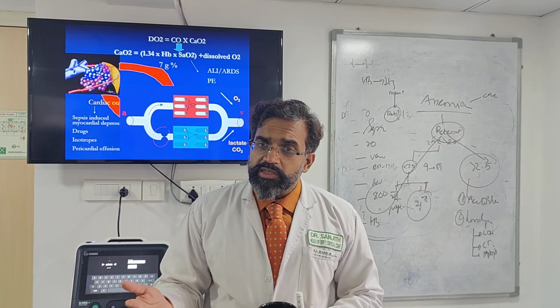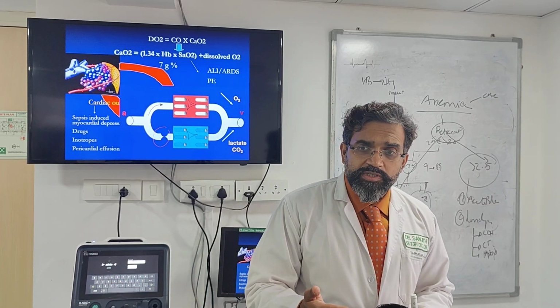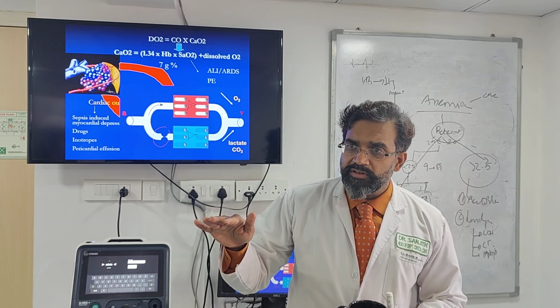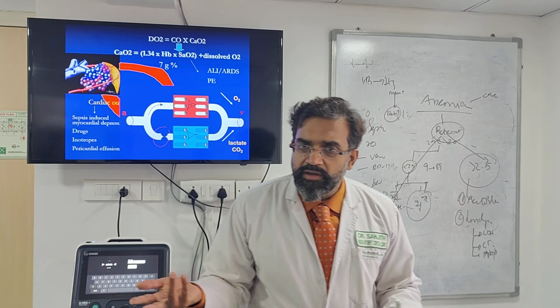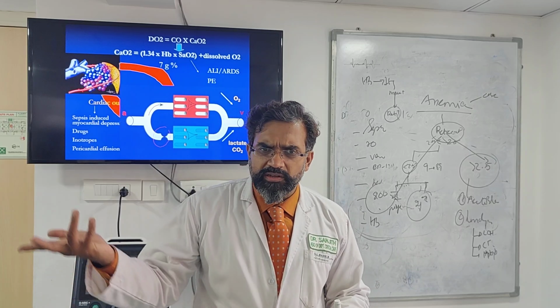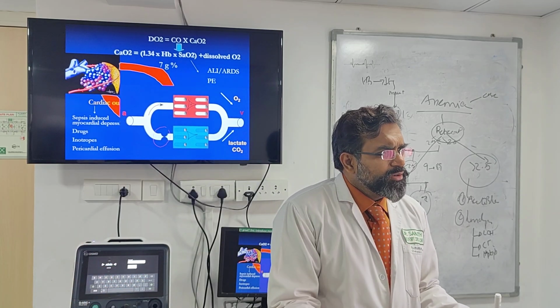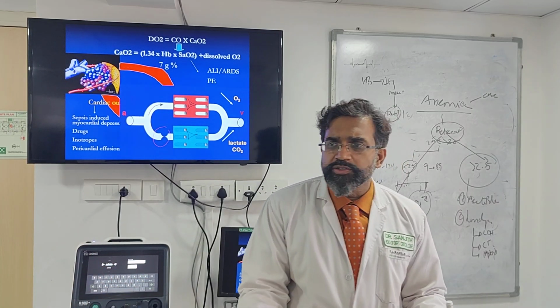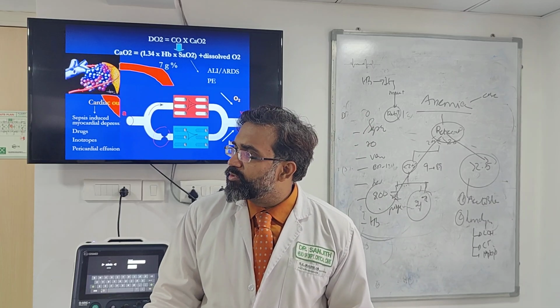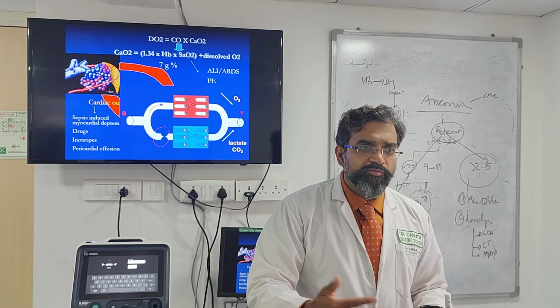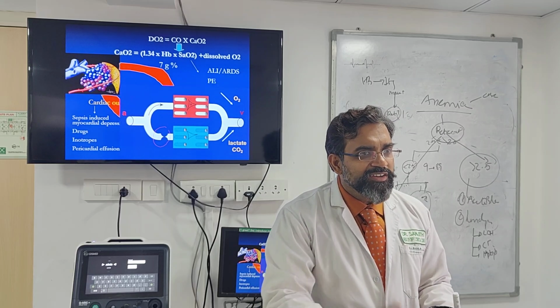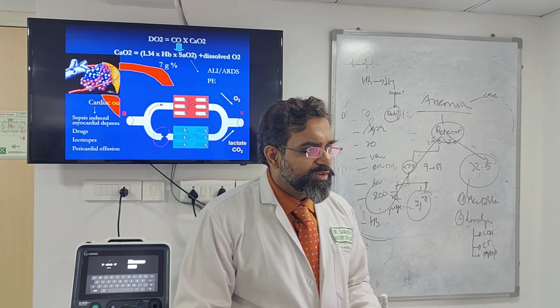The other reason is that you have an inflammatory tendency, which is basically suppressing your marrow. That's why iron and all doesn't work, because the marrow itself is not working well. And that's why we don't give iron in our ICUs, because we feel it is not going to help, because the marrow itself is hypofunctional. If the marrow is hypofunctional, what difference will iron make? If I have a documented iron deficiency with a functional marrow, then I give the iron and the marrow will produce the hemoglobin, right?